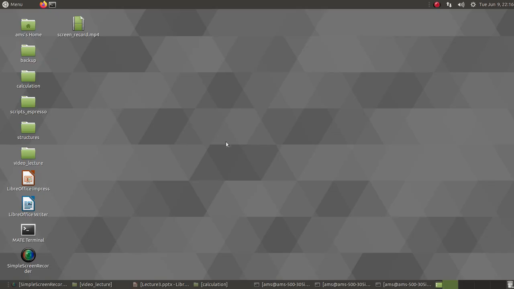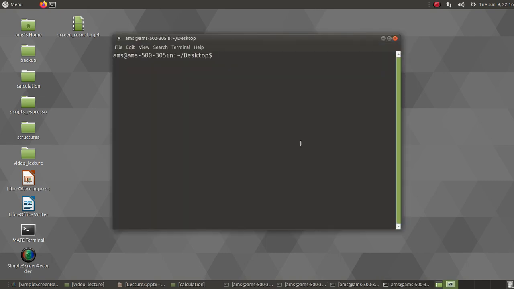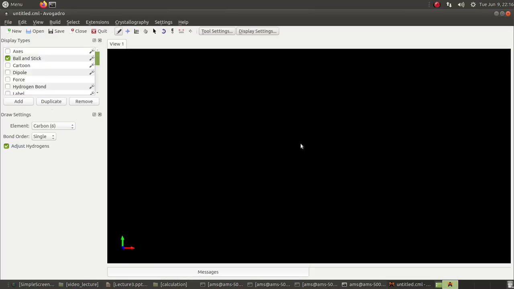So for visualization of this isosurface plot, I am going to use Avogadro. Avogadro is a free software, and you can get this very simply in Linux by doing this command, sudo apt-get install.